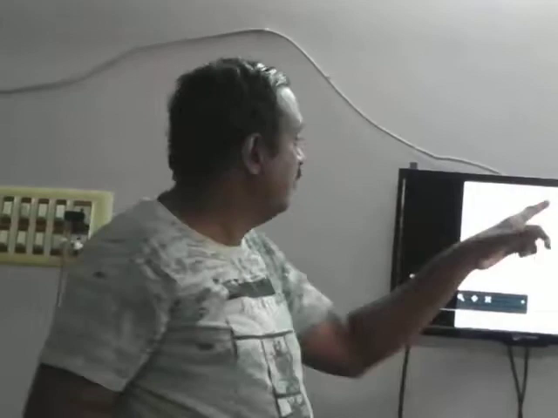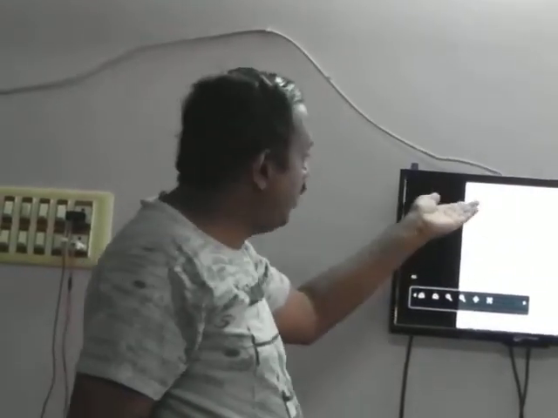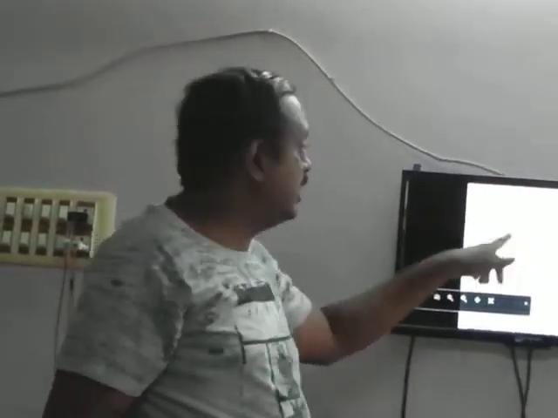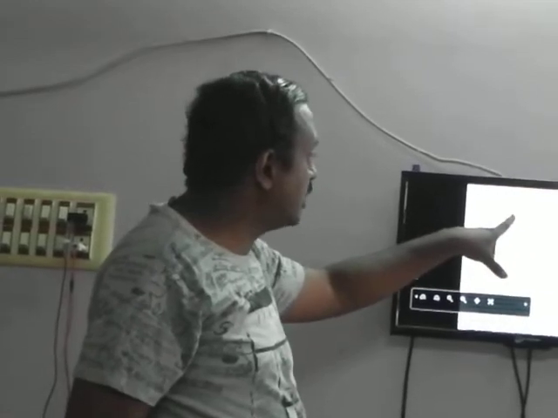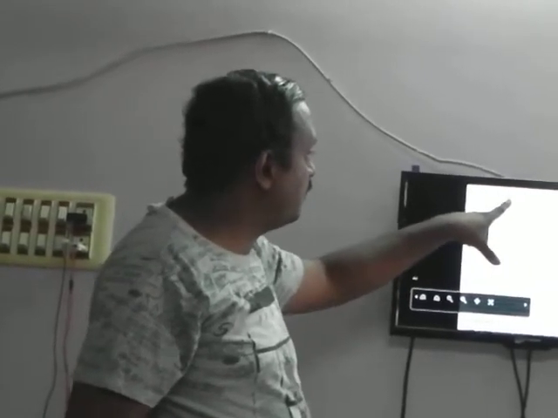%FOUND is used for which purpose? If the temporary area or the cursor can return at least one row, it returns true. If the cursor doesn't return any rows, then it returns false. So %NOTFOUND is the reverse, which I already discussed with you. True for found is equivalent to false for not found, and false for found is equivalent to true for not found.